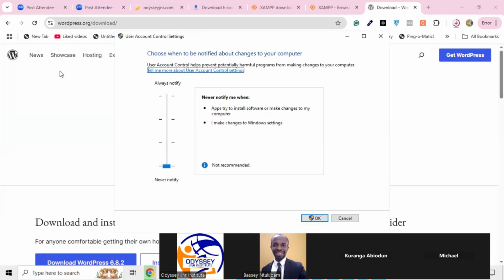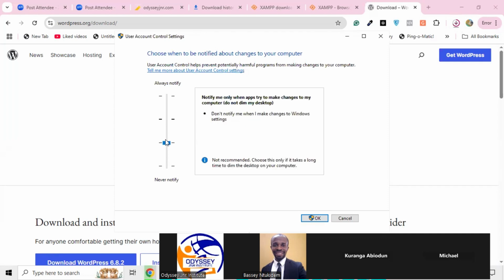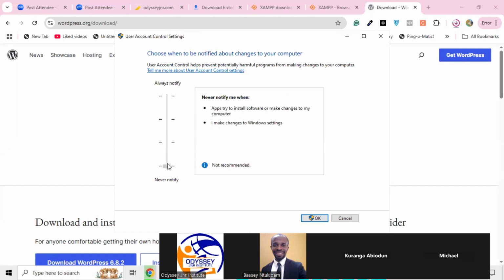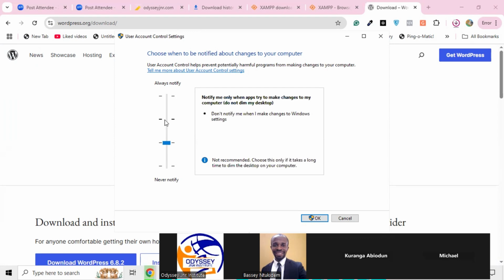Once you click on that place, they wrote change user account control. The system will be here. It will always be in the middle here. So you'll be the one that will drag it from here, bring it down. Understand me very well. It will always be here, either here or at the center here, because this is more